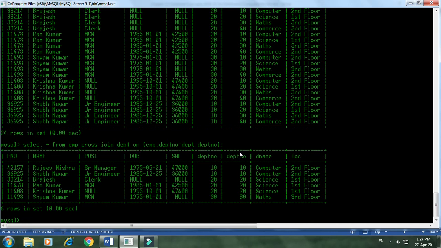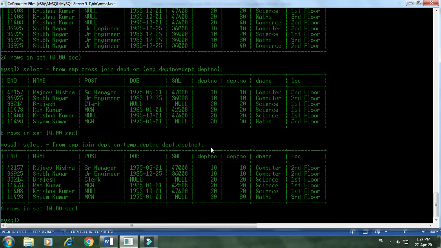Likewise we can write. I hope there is no doubt at all with this query. See, if you remove the cross join, even then you have a similar result. So a join on a particular column, that is also a join we do. It is called an equi join. Basically, it is an example of equi join. So two examples we have seen of equi join, this one and one more we discussed previously.